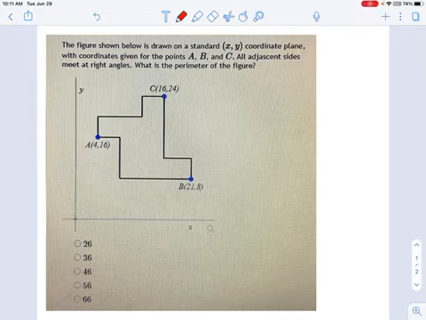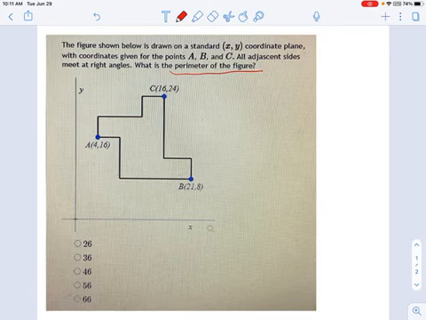So this is a cute problem where it asks you for the perimeter of this crazy shape. And it seemingly does not give you enough information, because if you try to figure out what the perimeter of a shape is, you know that's just going to be the sum of all the sides, right? We're going to take this side right here, and we're going to add it to this side right here, and we're going to add it to this side right here, and all the way around, you're going to keep on doing that. Well, the problem in this figure is that I don't know what this location is right here.